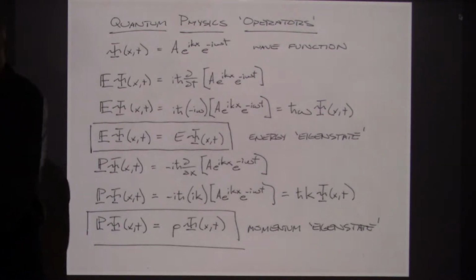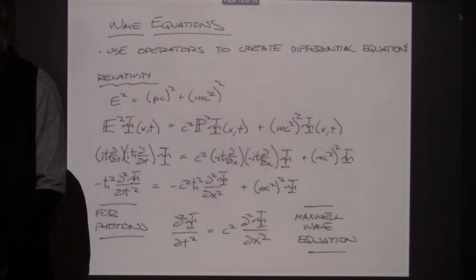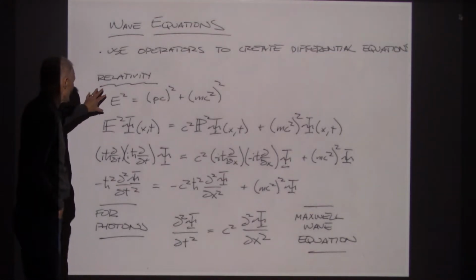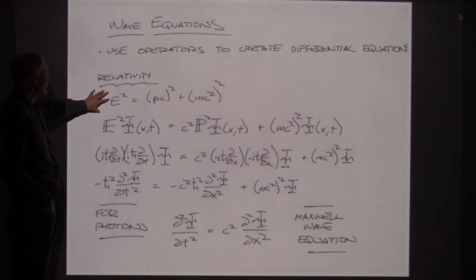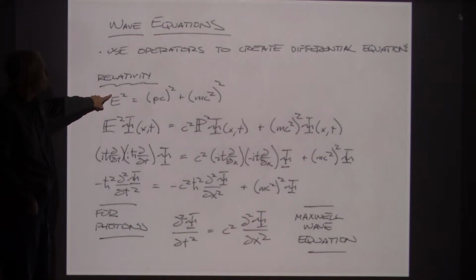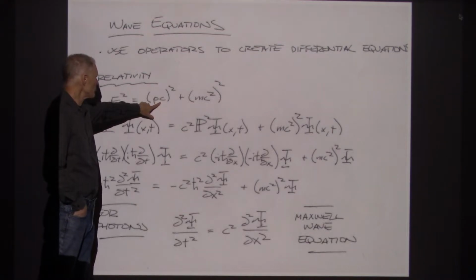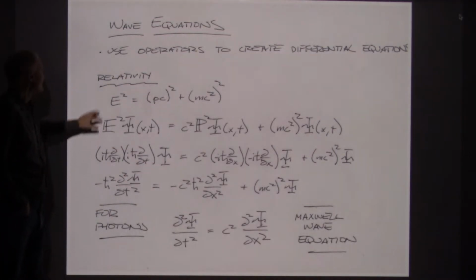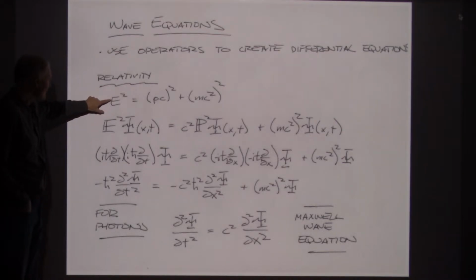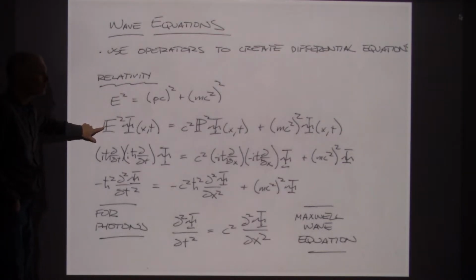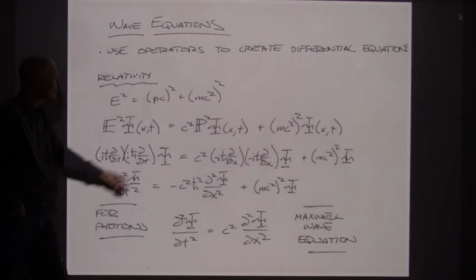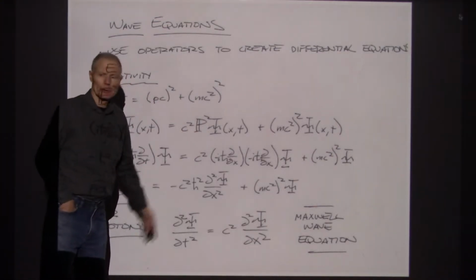So let's take a look at a couple of other examples using these formulas. Let's go back to relativity. Remember, the fundamental formula in relativity said that energy squared for a particle is equal to momentum squared plus its mass squared. Now, if I replace E with the energy operator and P with the momentum operator, there it is,